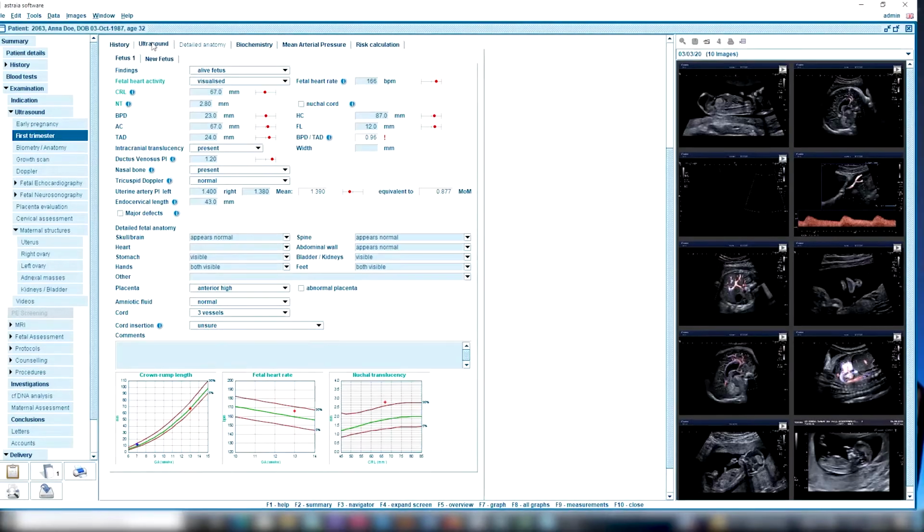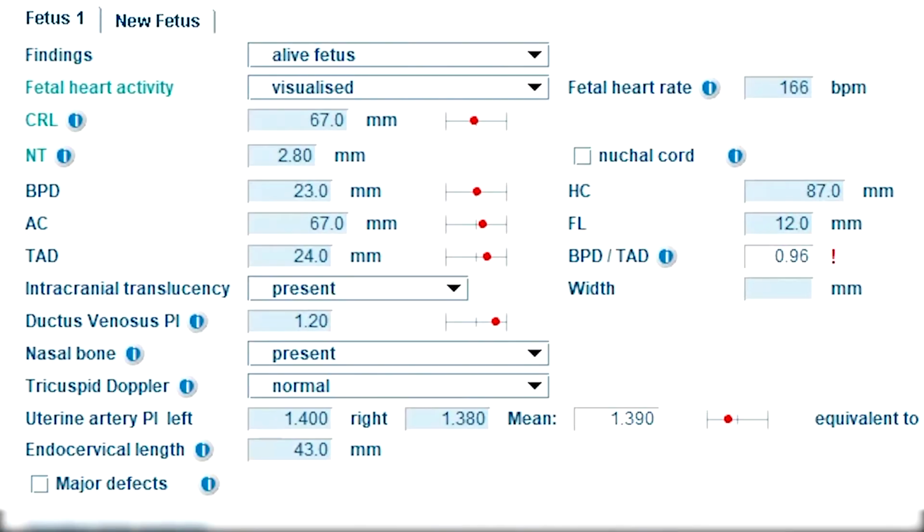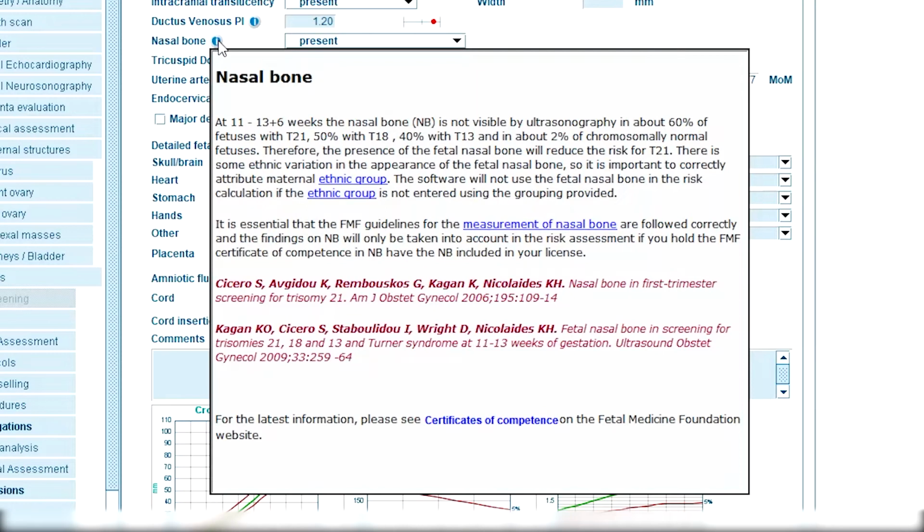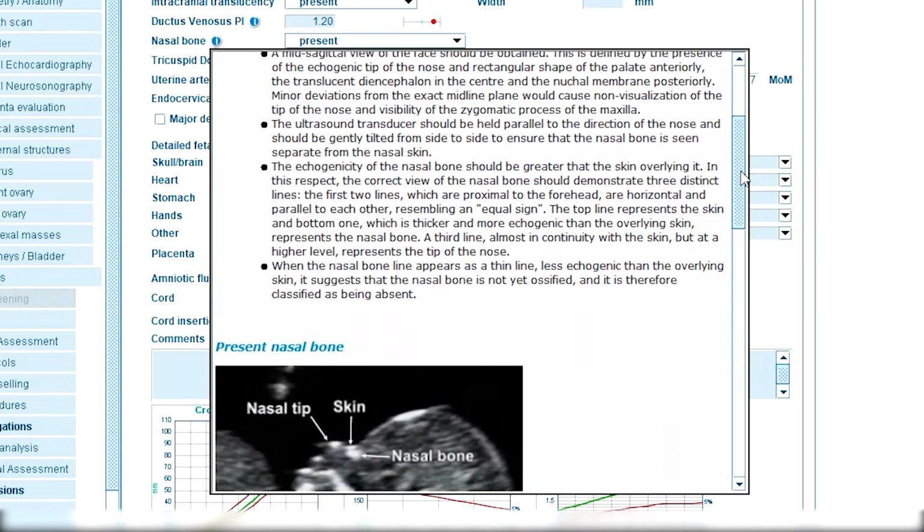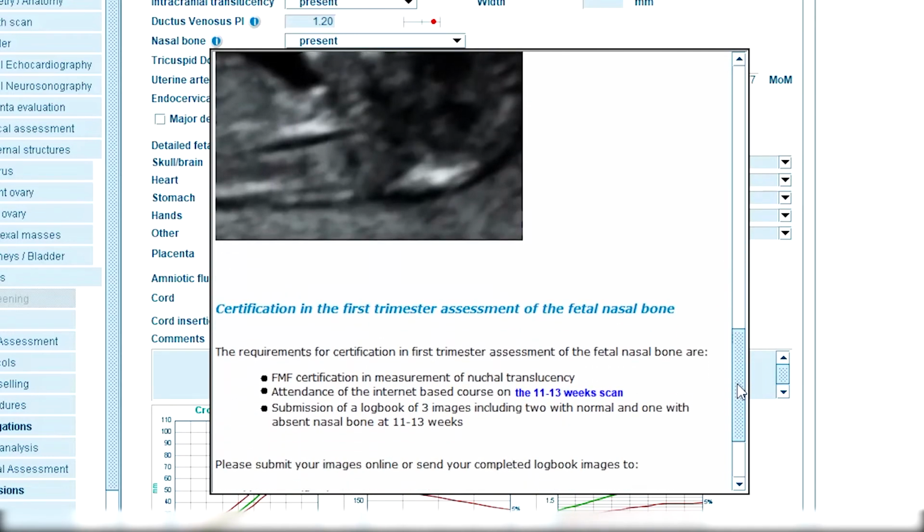Importantly, all measurements can be transferred directly from the ultrasound machine to Astraya via the automated measurement transfer add-on. Another important point I would like to emphasize are the numerous information buttons. When I click on one, like for example here, the one for nasal bone, I find medical background information as well as measurement instructions with images and of course their references. So if you want to perform a certain measurement that might be new to you or you can't quite remember the details, the info buttons will save you a lot of time because you don't have to search for it